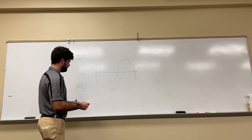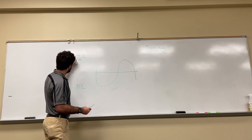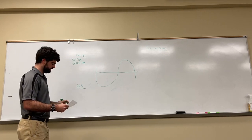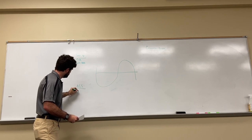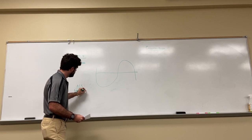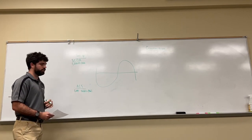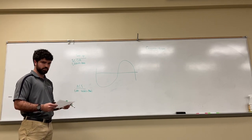So the setup stage, we'll be completing this maneuver at 1,000 feet AGL. The reason is because the ACS standards say that for these ground-based reference maneuvers, you have to be between 600 feet and 1,000 feet AGL. And picking 1,000 feet around here would mean that we are at about 700 since our field elevation is 300